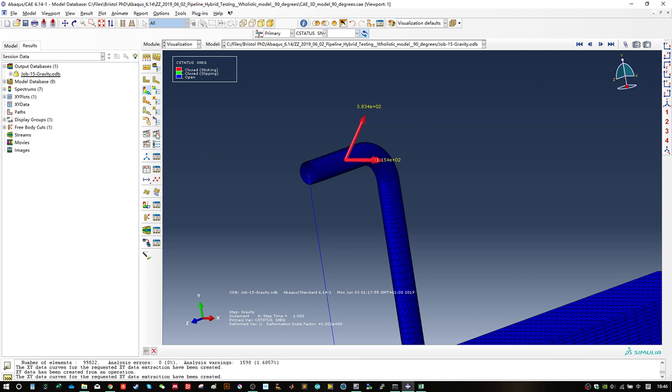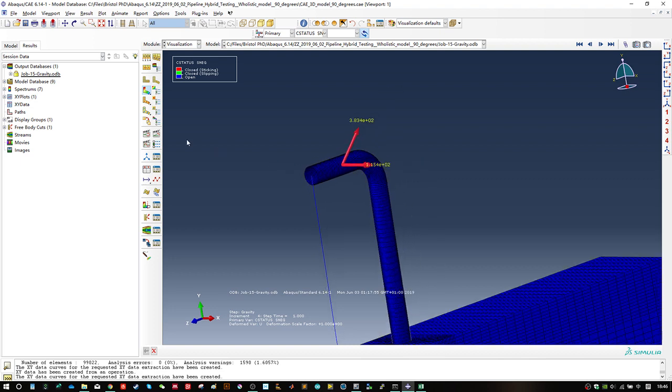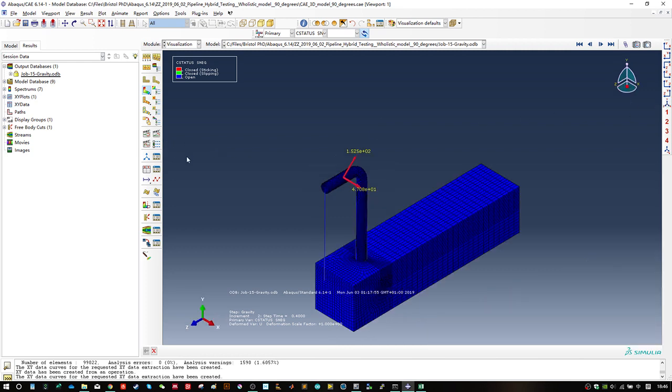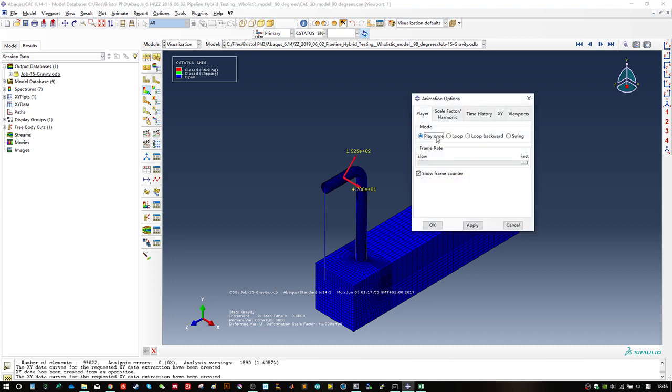After that, finally, animation. Whenever one of your models is finished, the easiest way for you to inspect it is of course graphically through an animation. So animate time history. You can see it's just a time history of applying gravity loading. So it's quite pointless. But if you have a dynamic analysis, it's very useful. This is animation options. You can have play once, and you can let the frames pass by on a time basis,